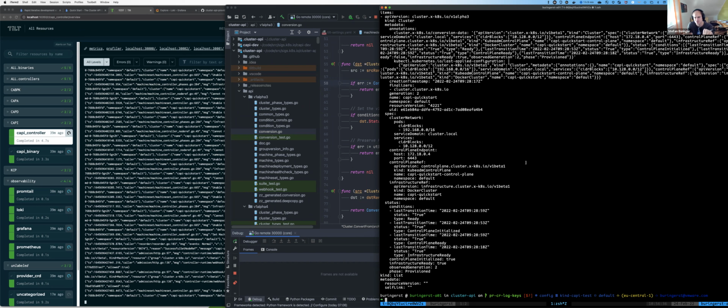On one side, you can step through your end-to-end test. And on the other side, you can step through the controllers to see what they're doing. So if you have some weird issue in your end-to-end test, you can just run your end-to-end test locally against your tilt cluster, and then you can step through both things, through your controllers and through your end-to-end test, and figure out how your controllers react to which steps in your end-to-end test and see where it's